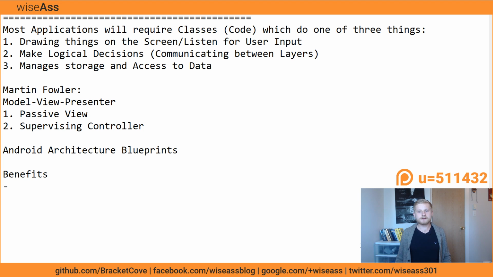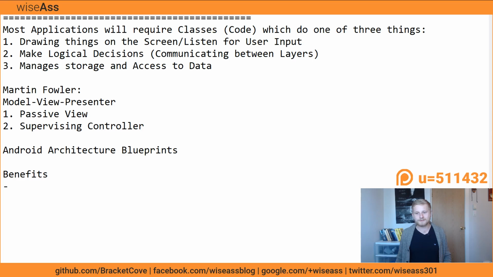Imagine you're in a position where you don't really have any kind of solid architecture and you're thinking of switching to Model View Presenter. What do you get out of that? I'll start by saying that at the end of the day, you need to just build an app using Model View Presenter to actually see the benefits for yourself. But let me give you a brief overview. So number one, components and apps are easier to build.